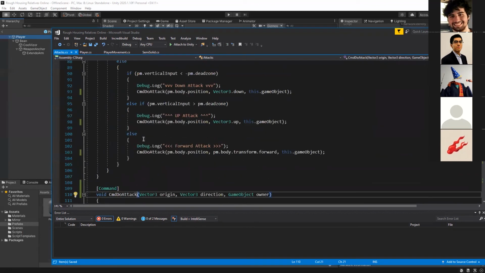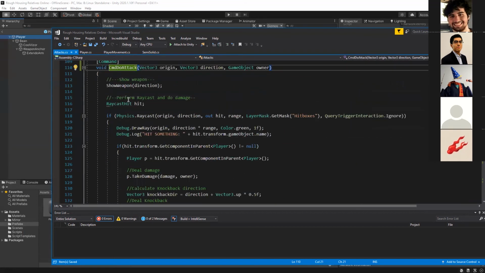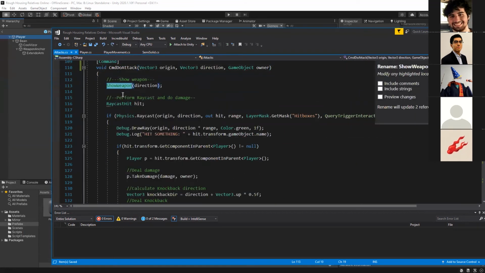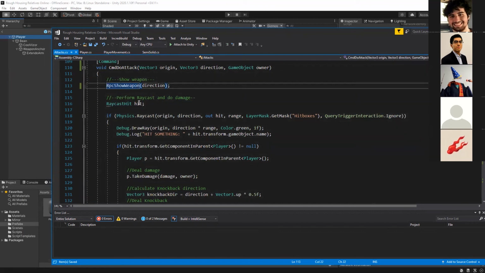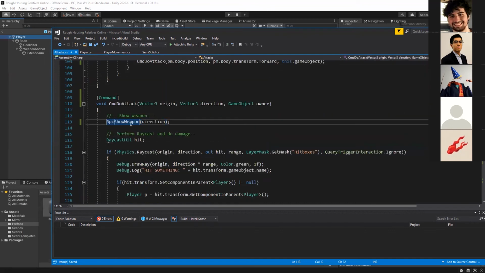And that conveniently renames all of these. Nice. And now I'll do the same thing for this one. This is also just good practice because now you know that this function is a networking function and it should be called in a special circumstance. And the same thing for this one.